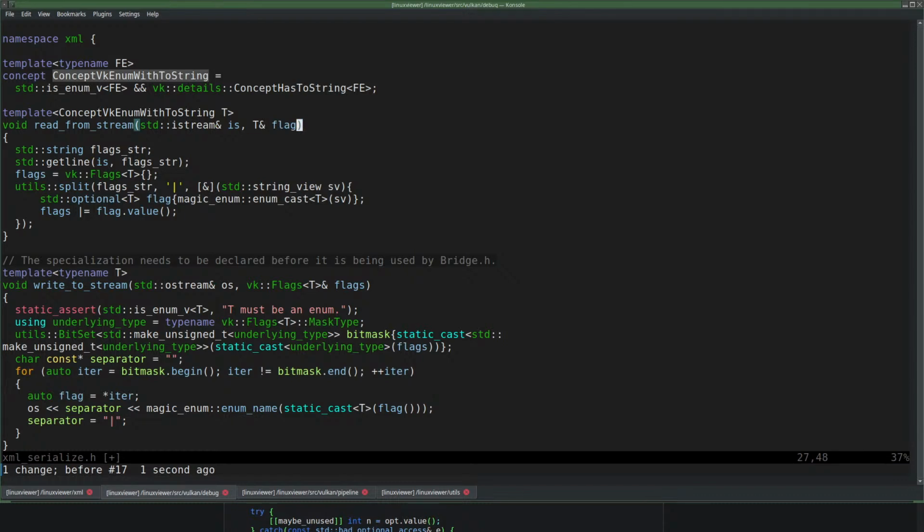I don't know, it's not really a flag per se. It's an enum. No, I don't know. It's not a flag. It's not a flag, is it? It is not a flag.